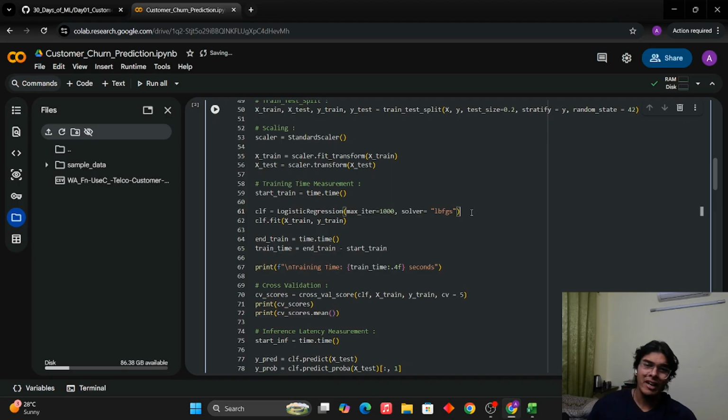This is kind of unnecessary, but I really wanted to stress upon it. If I read from my notes, LBFGS means limited-memory Broyden-Fletcher-Goldfarb-Shanno. Now, no need to memorize that. What is that actually? This is one very important mathematical fact about logistic regression: it doesn't have a closed-form solution.